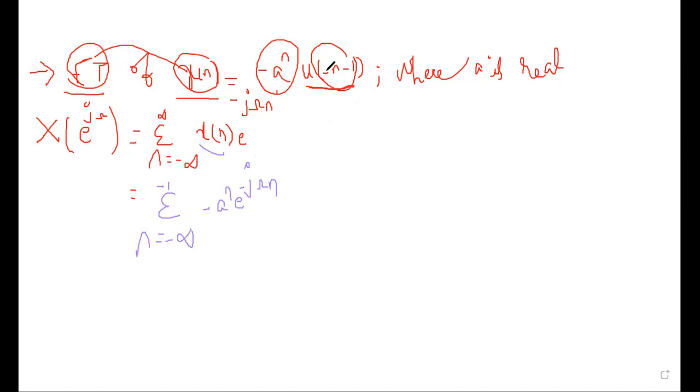This minus n is representing that we have the signal towards the negative side, and it is only up to minus 1. So on the negative side I have minus 1 as the number. So I have to change the limits as minus infinity to minus 1. Can everyone follow this? If you do this correctly, then the remaining answers we can do easily. Shall we move on?